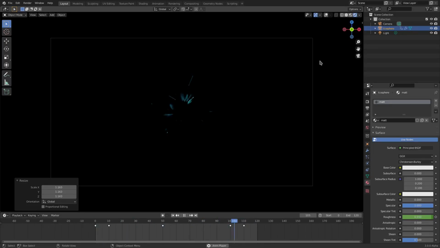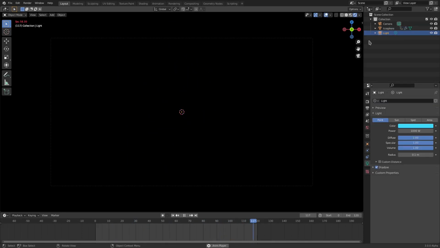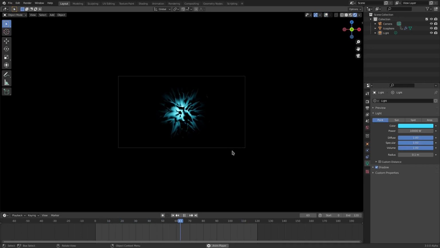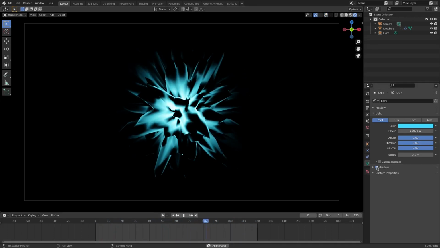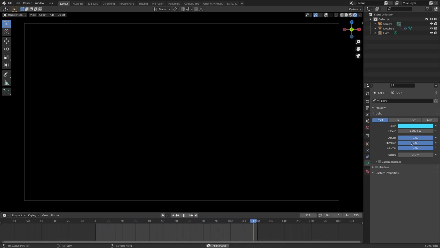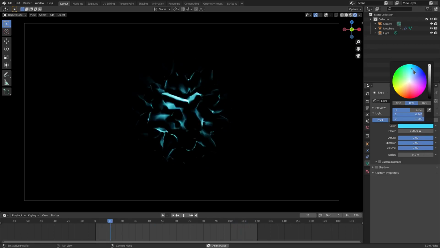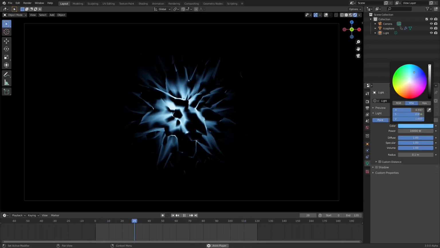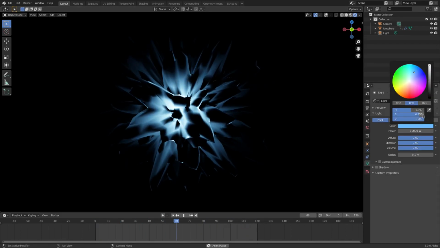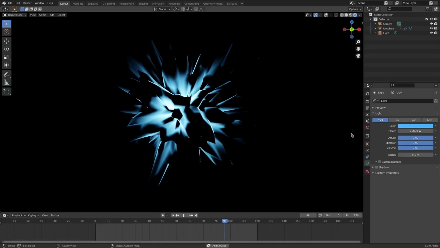Looks really, really cool. Now what I want to do is grab the lamp on the inside. So we'll grab the lamp, and I want to turn the brightness up to maybe 5,000. So it's a little bit more insane, maybe 10,000 actually. Yeah, 10,000 looks really good. So I'll put it on 10,000. Really, really super bright lamp. Looks really cool. I want to uncheck shadow as well, because I don't really need that. It's just causing noise. And I want to change the color blue a little bit. Yeah, that was cool. All right, so maybe a little bit more saturation, not all the way up, but a little bit more. There we go. Nice, cool.